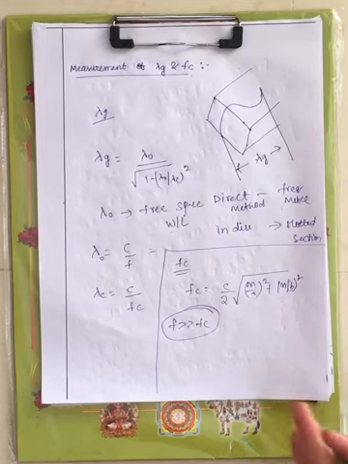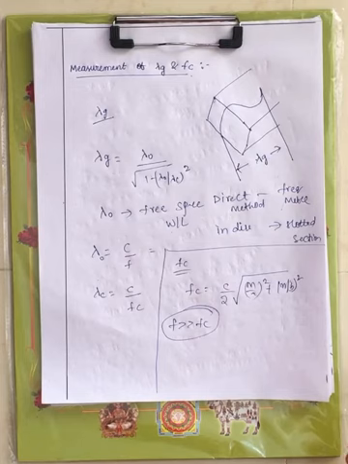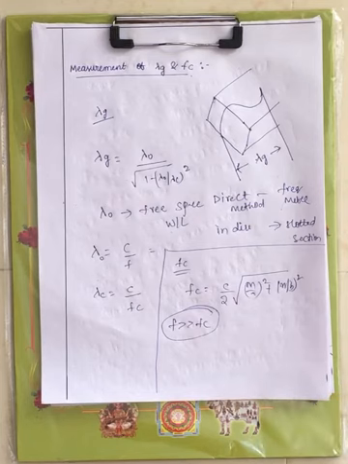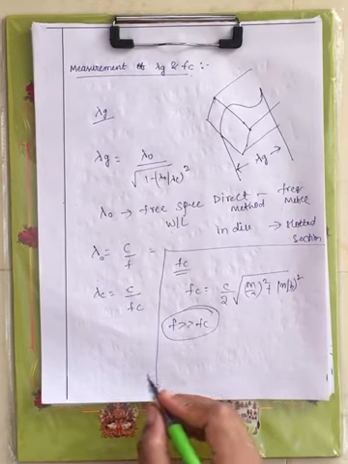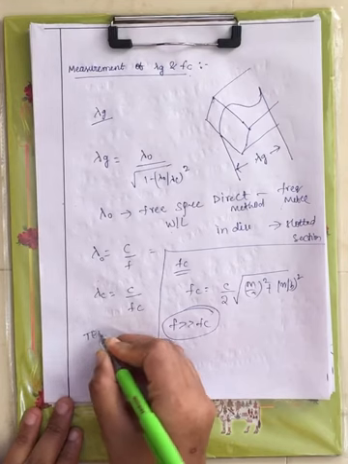All these are covered under your rectangular waveguide, but I am just giving a brief description: what is lambda g and what is fc, and what those formulas are. This calculation you have to do in your lab. This is your first experiment, measurement of guided wavelength and cutoff frequency for the dominant mode of the rectangular waveguide. In two different ways you can measure. One is the direct method, using a frequency meter, and another is the indirect method, using slotted line section, right? Now what is the dominant mode of the rectangular waveguide?